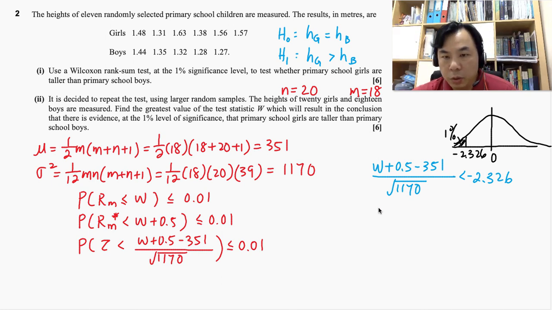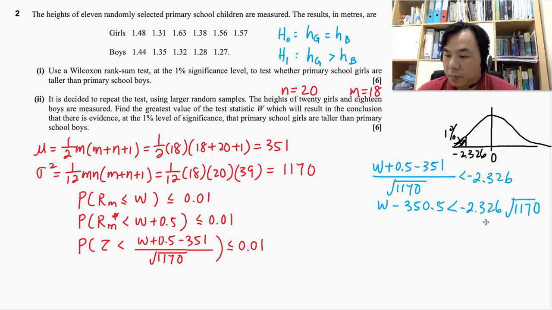Okay, so from here, all we need to do is just solve this. So therefore, that will be 350.5 less than negative 2.326 square root. All right, so let me try this out. 1170, is it 1170? Yep, correct. And then we need to 2.326. Yep. Okay, and then after that, we have W less than